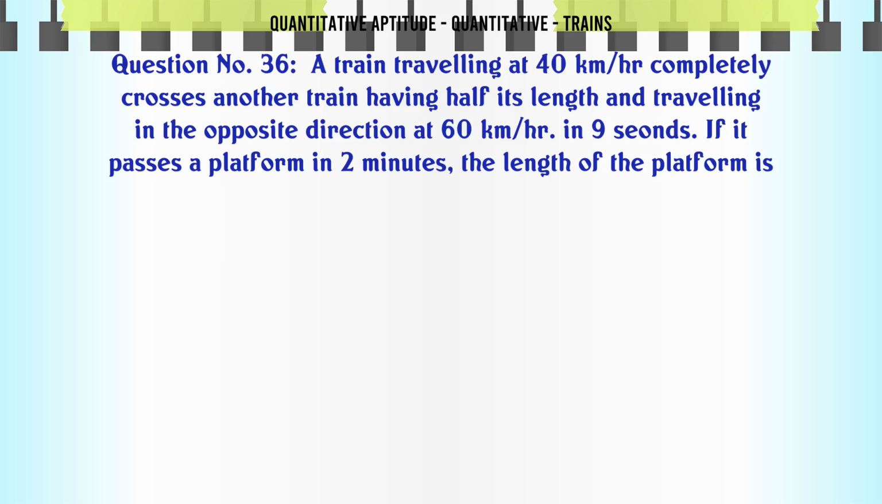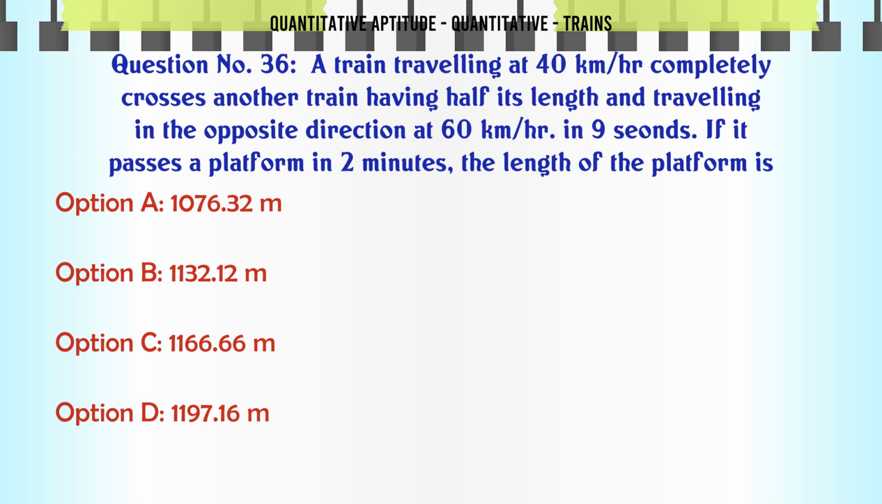A train traveling at 40 km/h completely crosses another train having half its length and traveling in the opposite direction at 60 km/h in 9 seconds. If it passes a platform in 2 minutes, the length of the platform is A 1076.32 m, B 1132.12 m, C 1166.66 m, D 1197.16 m. The correct answer is